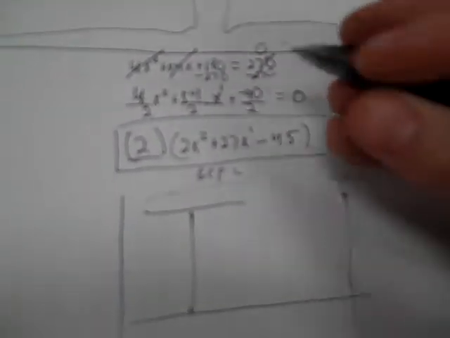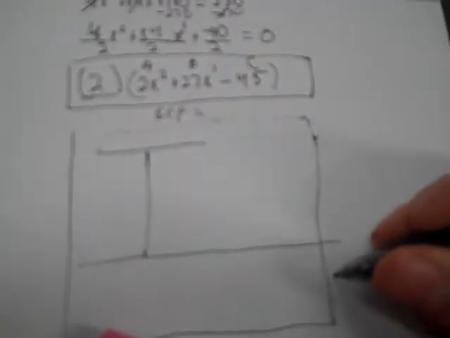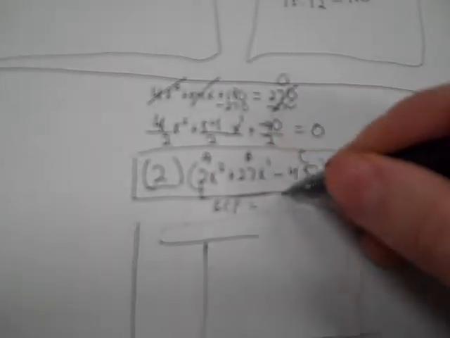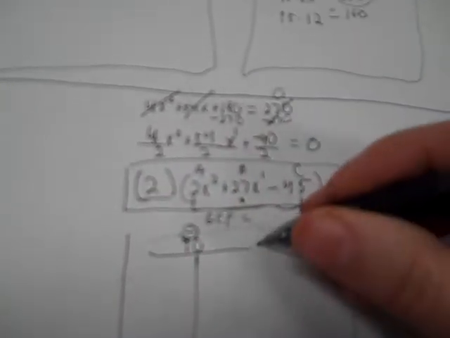That's just that. Now here's my A, here's my B, here's the C. Now remember when you get down here, A is now 2x to the second. That's what you'll put in front of your x's. So I connect my A to my C, 2 times negative 45, the AC method. So you got 90, which is negative. Story problems are always negative, so it means we're always minusing to find our middle, which is 27, and that's